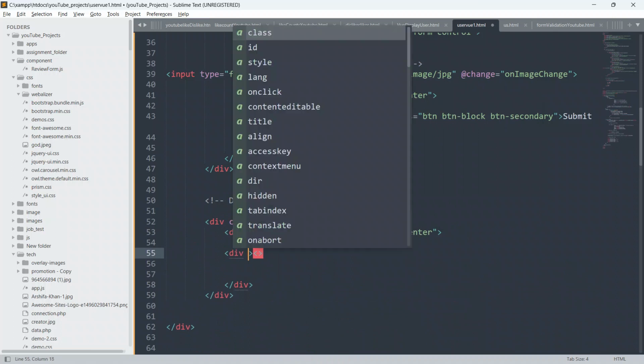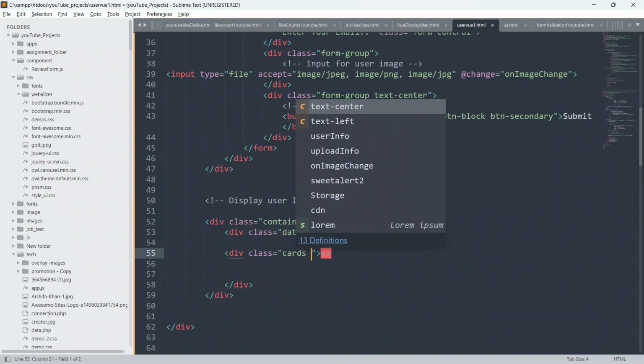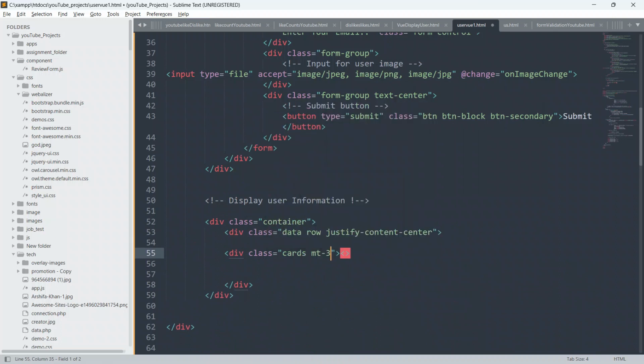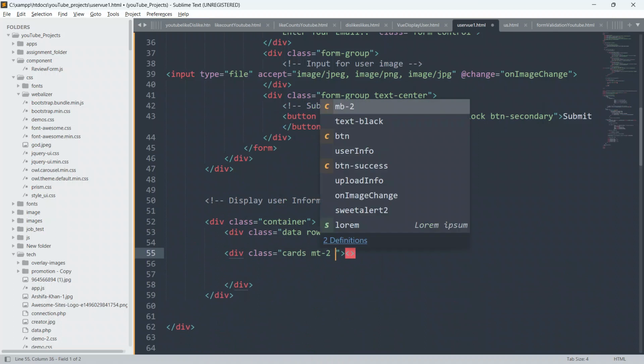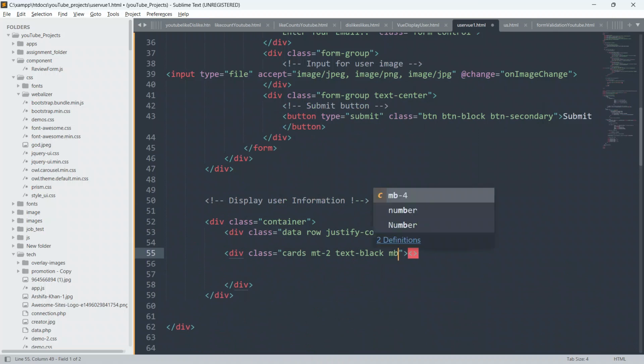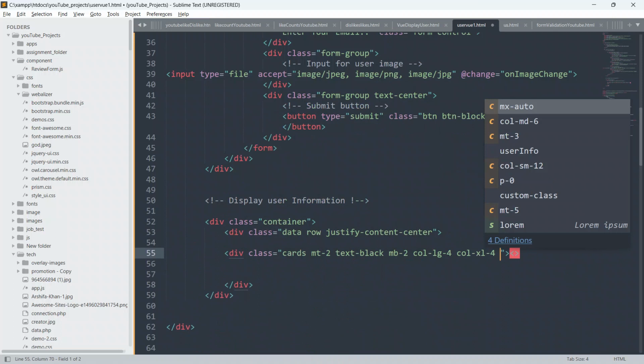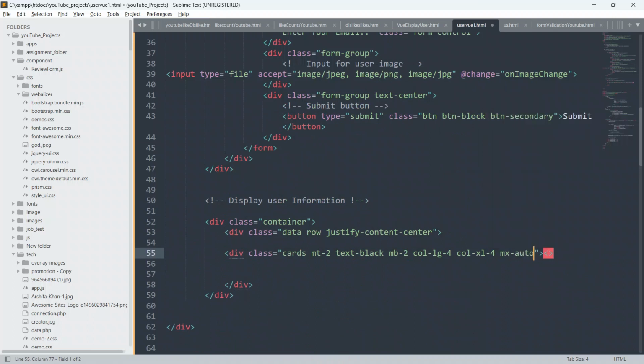So create a div first, and give class as card, and give margin top 2, and give text center also, and give margin bottom 2, and give col-lg-4, col-xl-4, and give mx-auto, and give col-sm-12, and give col-xs-12 also.